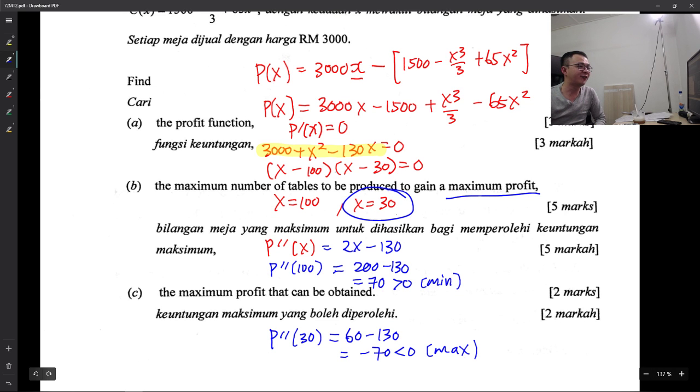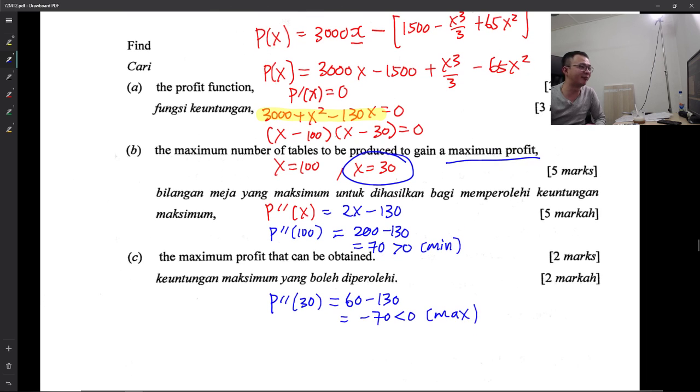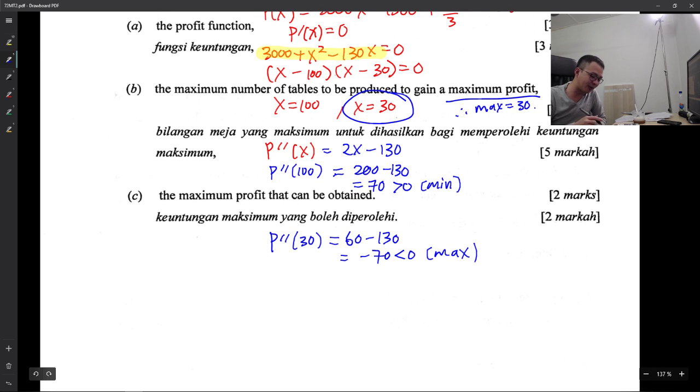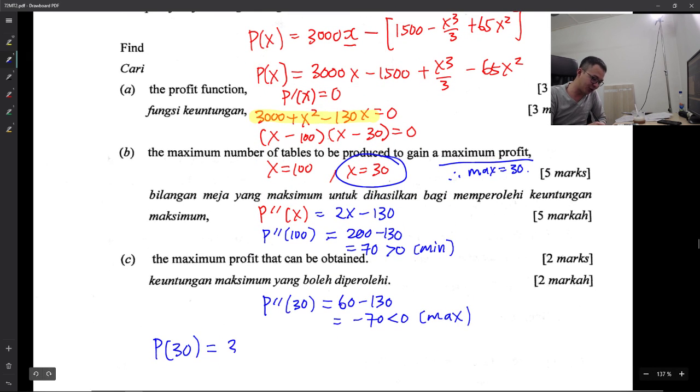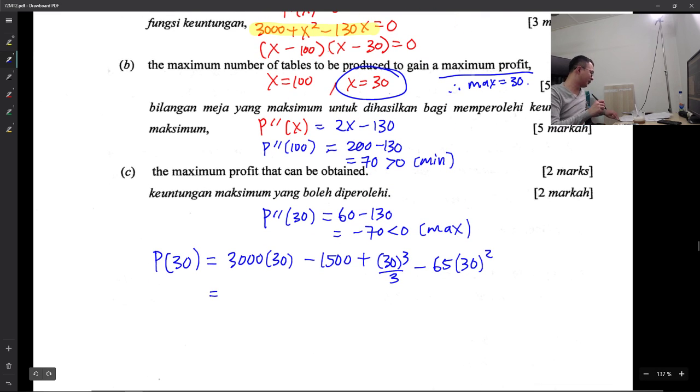Okay, so they ask about the maximum number of tables. Therefore the maximum number of tables will be 30. Then they ask about the maximum profit. That means I need to substitute into my profit equation, which is the P equation above. So it's 3,000 times 30 minus 1,500 plus 30 to the power of 3 divided by 3 minus 65 times 30 squared. And then you just type it into your calculator by yourself. You should get